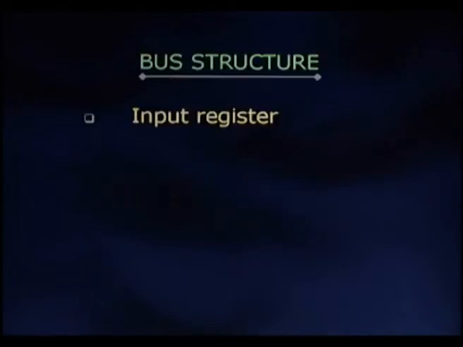The input register is used to input data from peripheral input devices into the computer. It is basically a shift register of appropriate word length, generally 8 or 16 bits, which has a facility of parallel loading and serial shift. The second register is the output register. The output register is also a shift register like the input register, of appropriate word length, with facility of parallel loading and serial shift. This output register is used to transfer the data from the computer to some specified peripheral device.